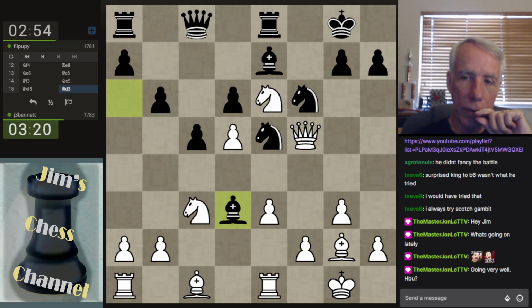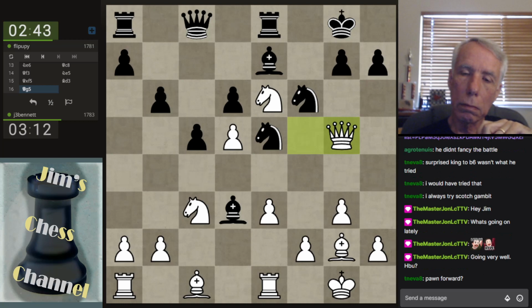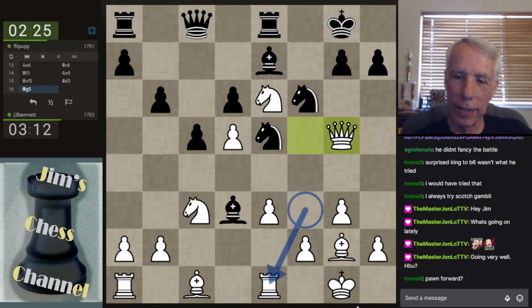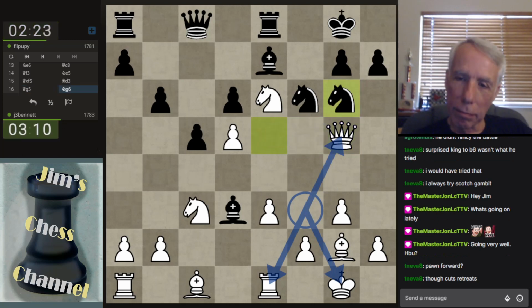So he goes there with the bishop. That was his great plan. Okay, so we threaten mate first. A knight here would be like a triple fork, but it's guarded by the bishop at the moment. That's a reasonable way to protect. Okay, so let's...